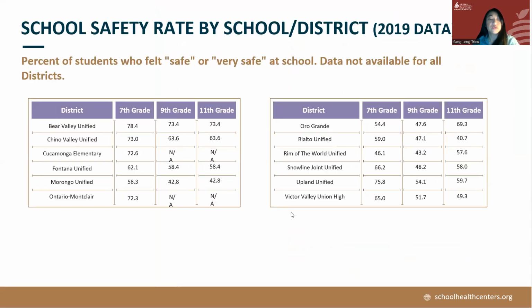This shows school safety rate by school or district, asking the percent of students who felt safe or very safe at school. I did mention earlier that the data report doesn't always include all districts. It's based on what's available. Let's take a look here. I like to focus on Chino Valley. You can see that in 7th grade, students felt safer in younger grades than in older grades, ranging from 73% to 63%. This kind of data is important because it allows us to think about what we can do